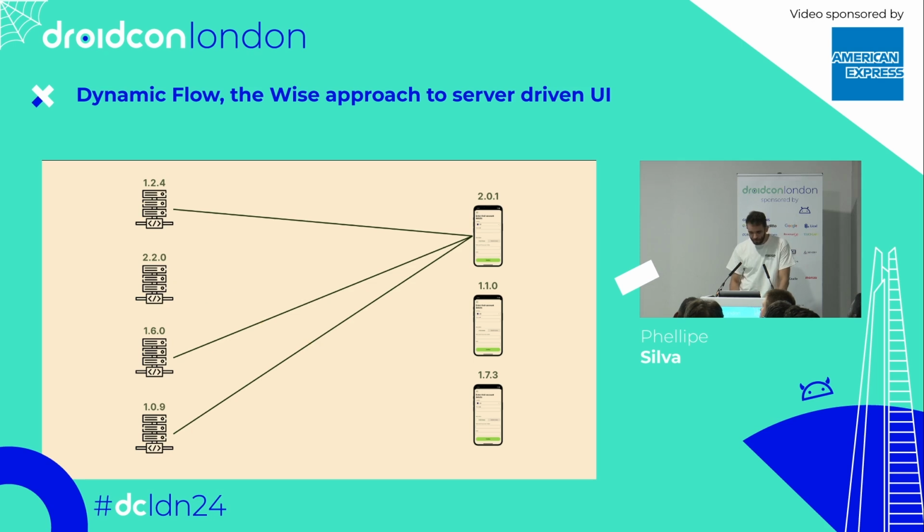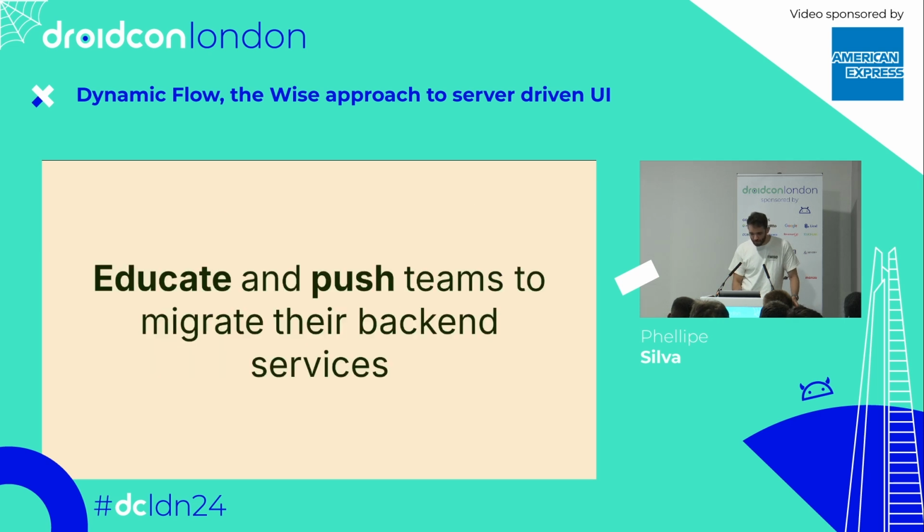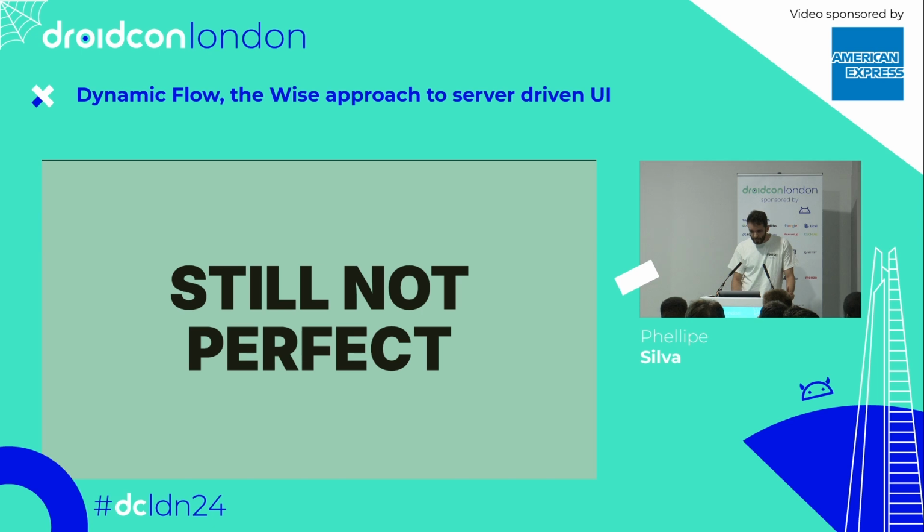But still, we have an even more complicated scenario, which is some backend services using a very, very old version of our library, while the clients are far ahead and not really compatible with the specification we had before. So this is sometimes blocking us from releasing new features. What we do is try to educate and push teams to migrate the backend services as soon as possible. So it's more of a coordination and communication effort. And it is still not perfect. We haven't nailed that yet